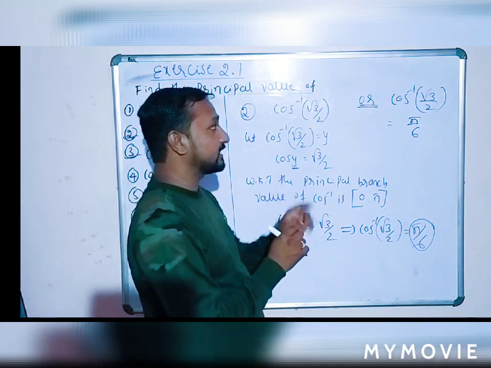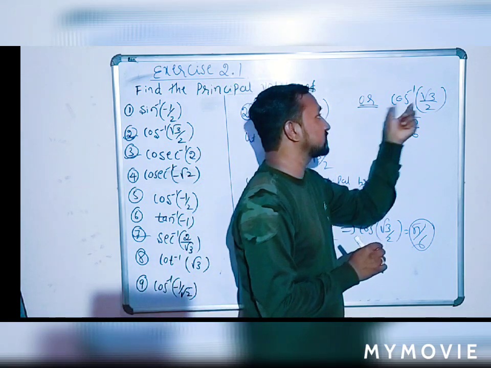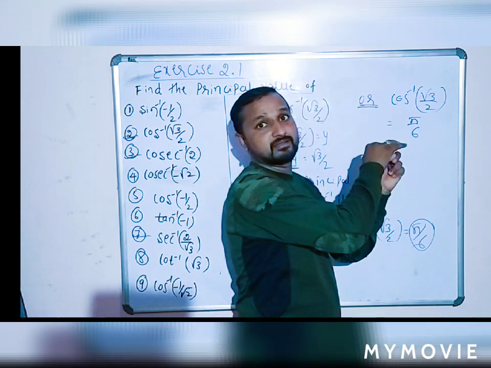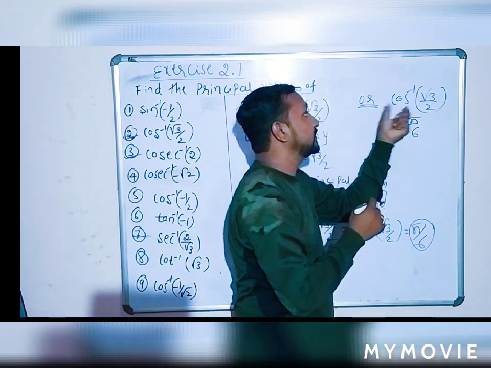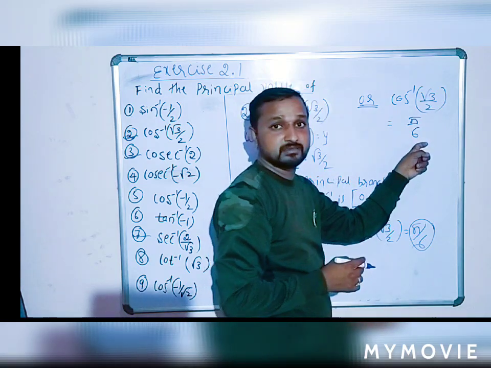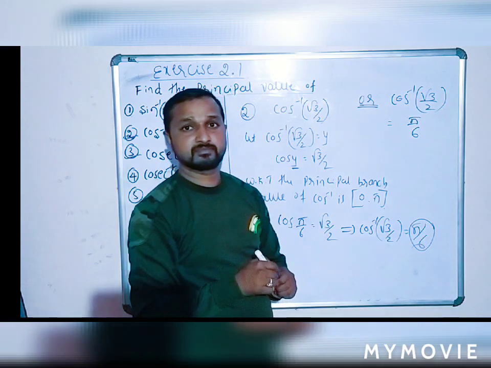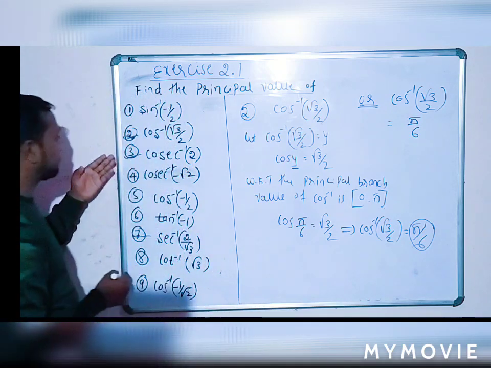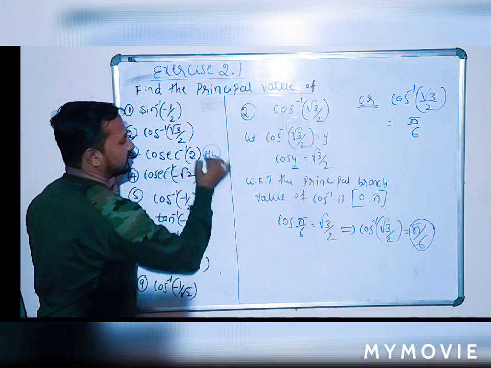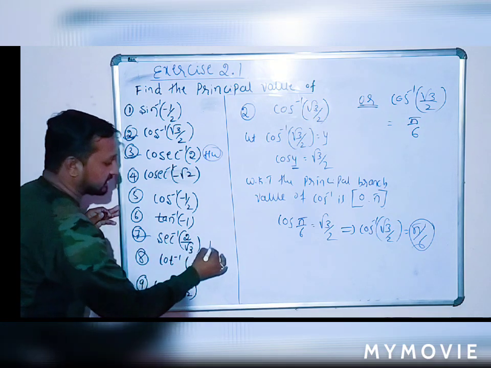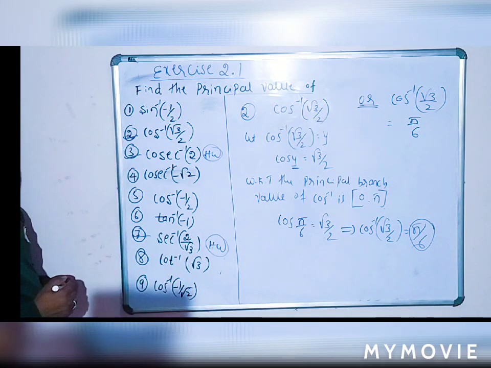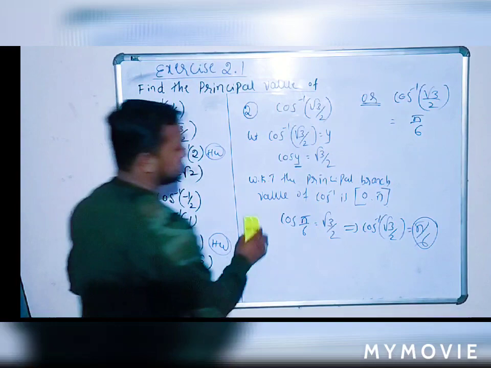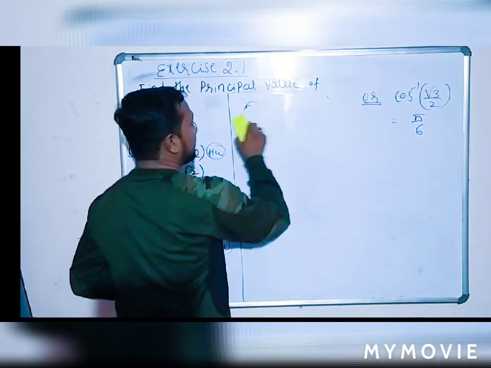So students, be clear that positive angles come this way. The cos inverse of root 3 by 2 is nothing but the angle in which the cos value is root 3 by 2, that is pi by 6. This method or that method. Is that clear, students? Next, example number 3 is also a very easy example. That is your homework. Example number 7 is also your homework. Very simple examples in the positive section. Then we'll come to negative angles.